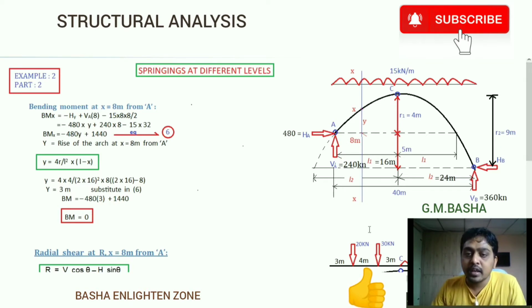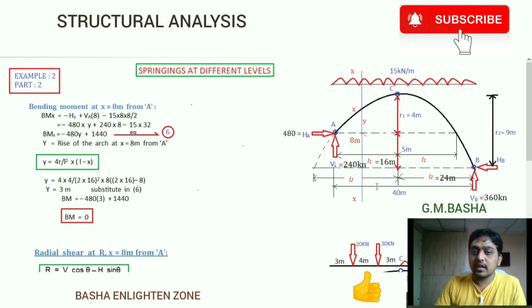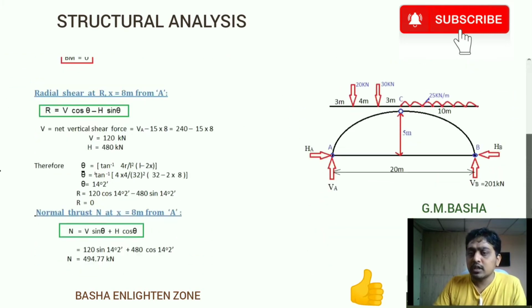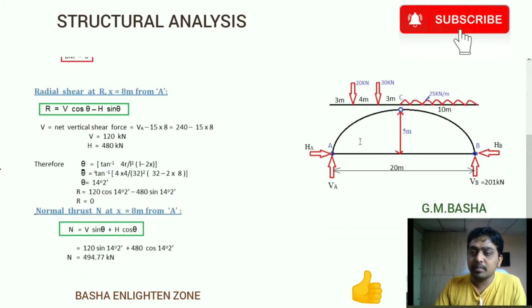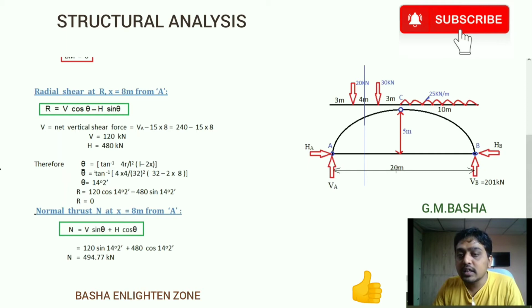Already in the last lecture, in example 1 itself, I cleared all the concepts based on bending moment, radial shear and normal thrust. But there will be some different things, please observe. This is the springings at the same level, which is a symmetrical arch, meaning both abutments A and B are equal. If they are asking to find the bending moment at some particular distance in the total span length of 20 meters, say at 5 meters,